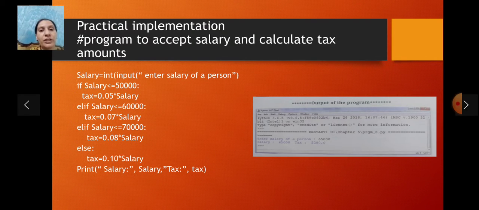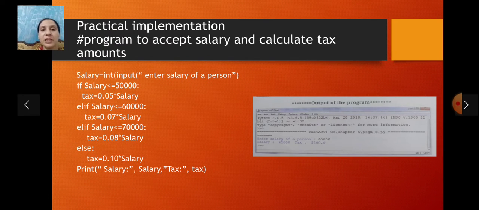Then we write one more condition: elif salary is less than 60,000, tax equals 0.07 into salary. Now elif salary is less than or equal to 70,000, then tax equals 0.08 into salary. Else tax equals 0.10 into salary. Then print the salary and the tax amount of that salary.